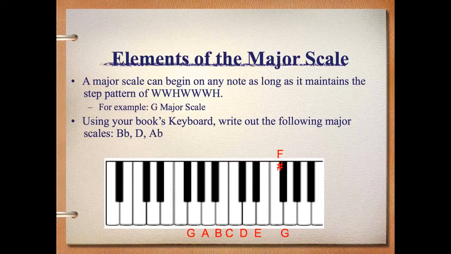However, as we go to the top part of the scale, D, E, F, this would be 5, 6, and 7. We have to have a half step between 7 and 8, between Ti and Do. That is not a half step, because that is not the naturally occurring diatonic half step. It occurs here between the 6th and 7th notes of the scale, so therefore we have to raise the F to F sharp, and then we get the same type of scale. Leading tone F sharp to G. So that would be our G major scale.